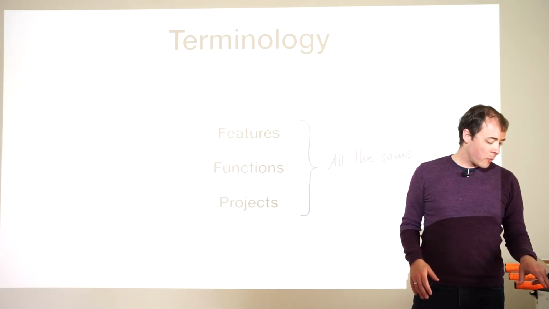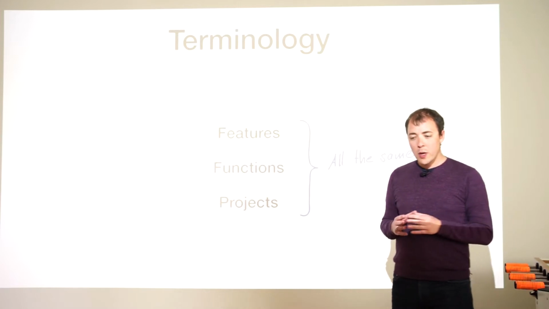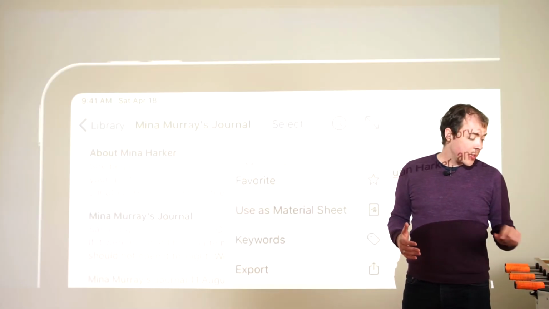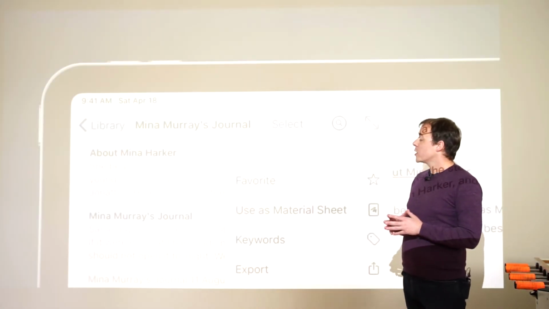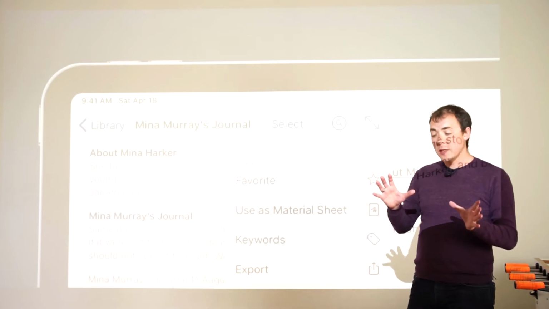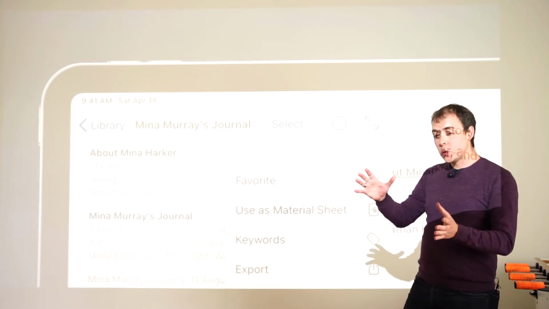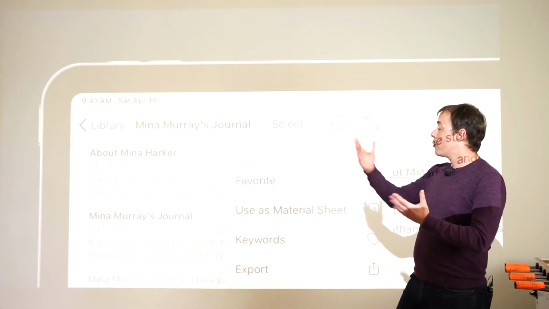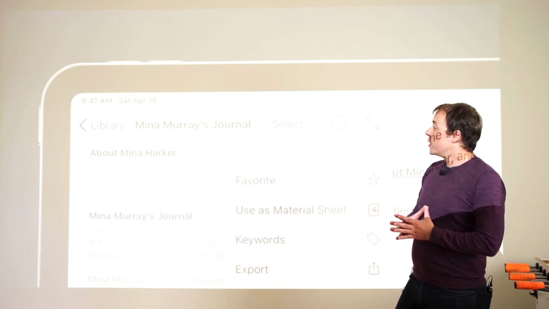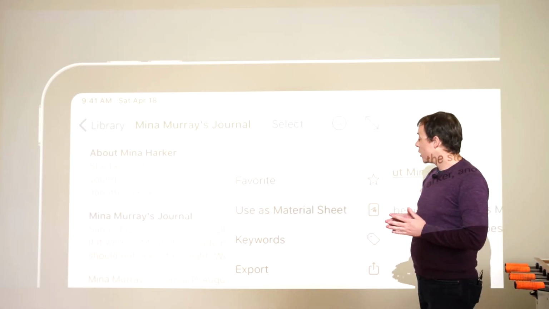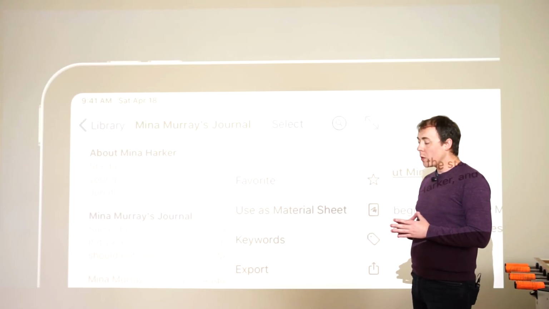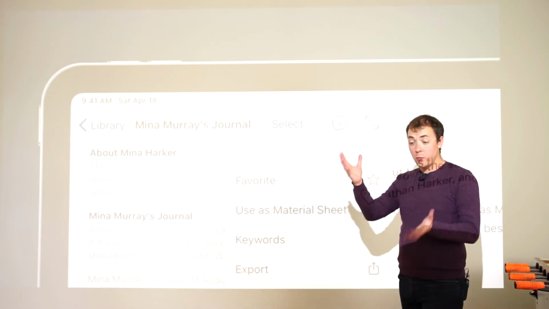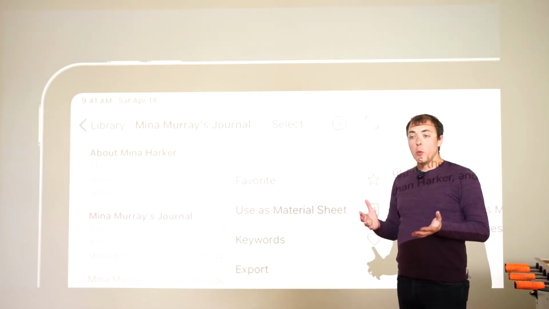All right. So just to give you an idea what I mean by what is a feature in an app, here's one example. I just mentioned we have those sheets where text lives inside. And then you can have groups where there's a lot of sheets inside the group and they make up a project, a writing project. And in the latest release, Ulysses 20, we introduced a feature called material sheets, which means that you can take some text you have, or a sheet that you have, a piece of text, and mark it as material,